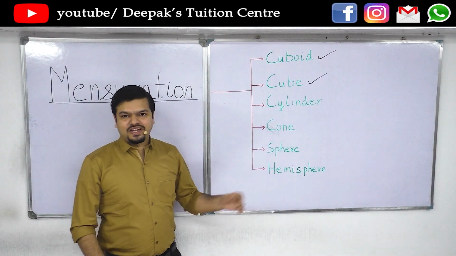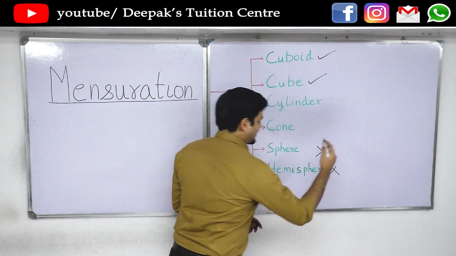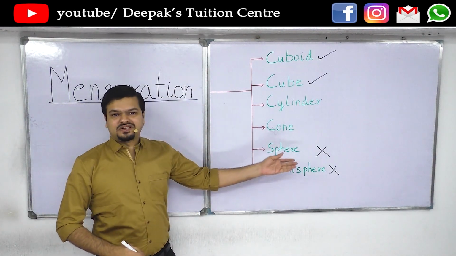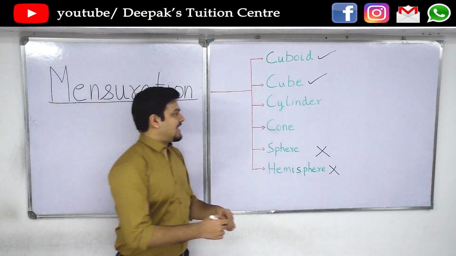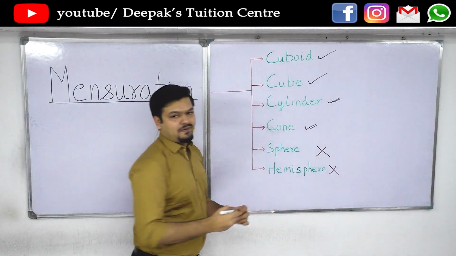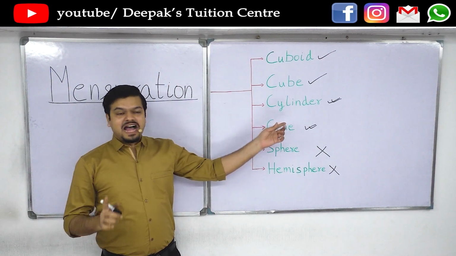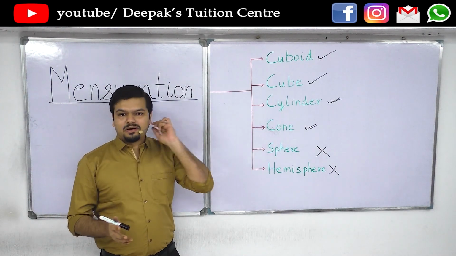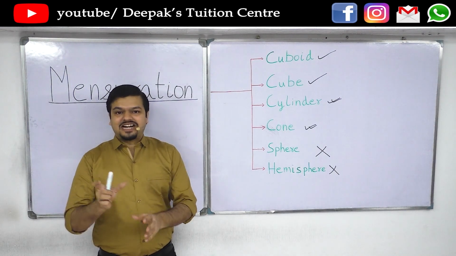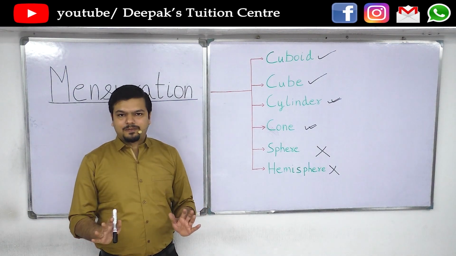Out of these figures, sphere and hemisphere have been reduced in this year's syllabus. So therefore, we will not be facing any questions using sphere and hemisphere. Only cylinder and cone are in the syllabus. In our syllabus, the name of cylinder is right circular cylinder and the name of cone is also right circular cone. So if the question states that the right circular cone is there, then do not get confused. It's the same thing, no problem.